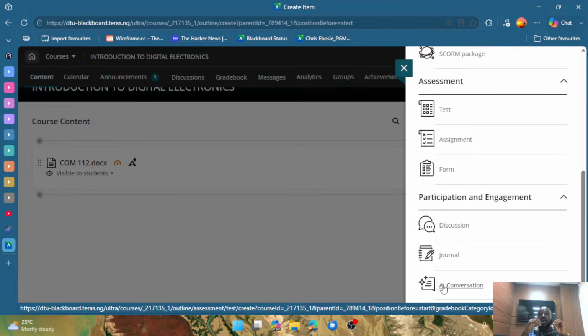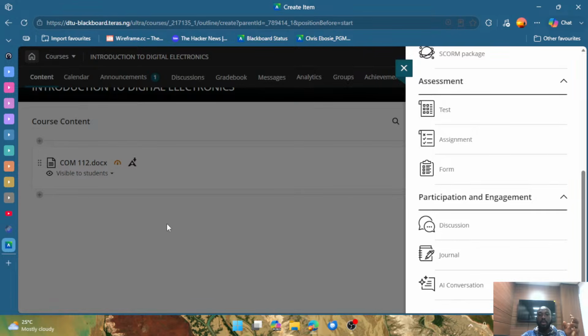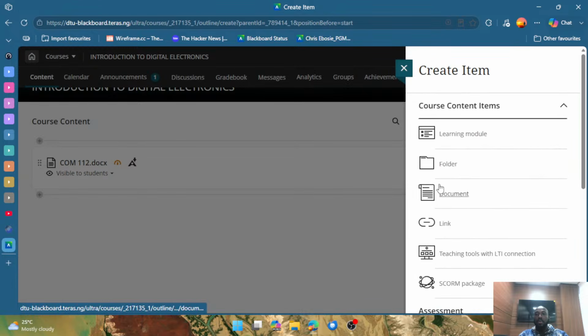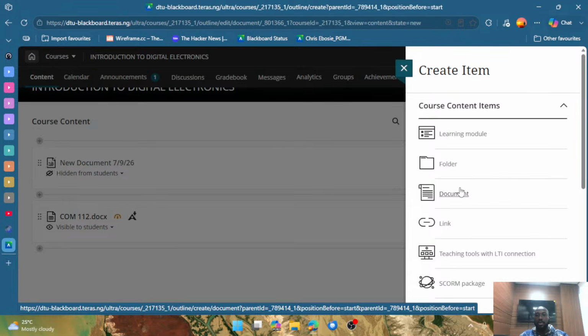You want to make sure that you're in the right course, you have the right content material before you upload it. You don't want a situation where you're uploading mathematics handouts inside an English or chemistry course. It's not going to make sense, right? So you want to make sure you're in the right course and you have the right materials and tools to work with. So we can start with this one here that says document,